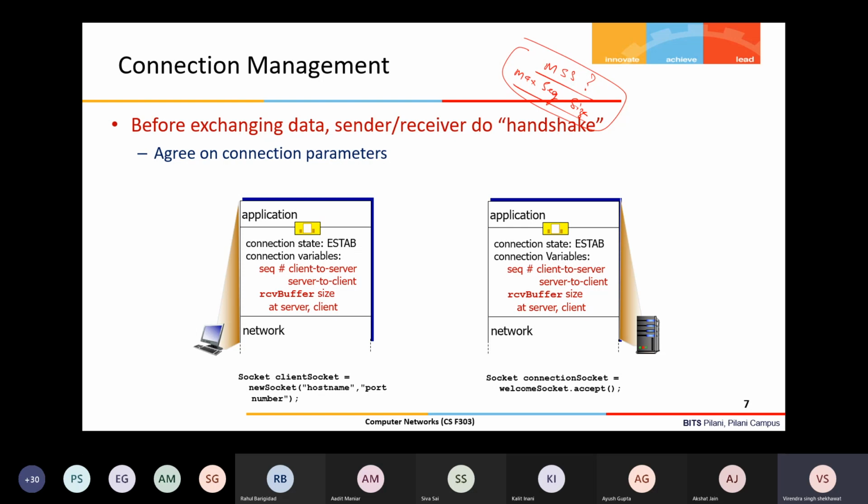Before exchanging data, as I said, handshaking is required. Handshaking means agreeing on some of the connection parameters, like the starting sequence number. It is not necessary that a new connection always starts with sequence number 0.